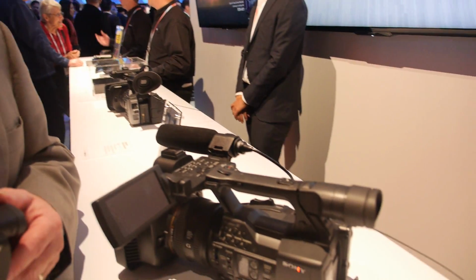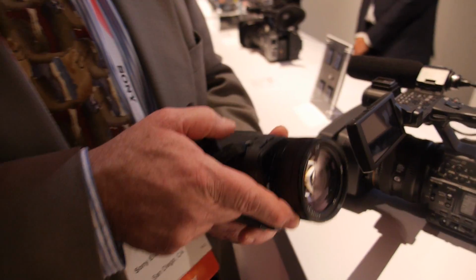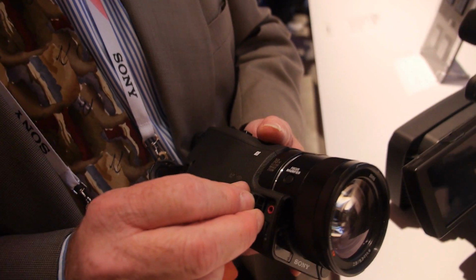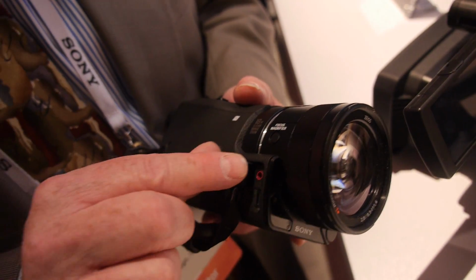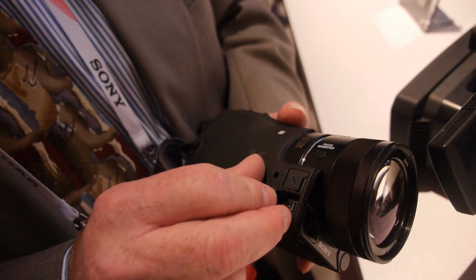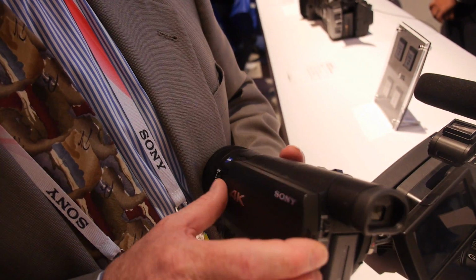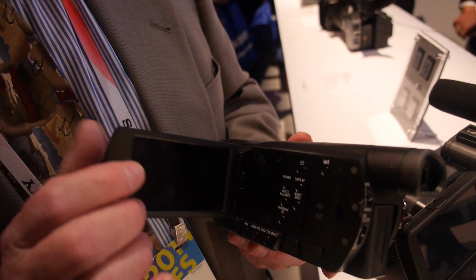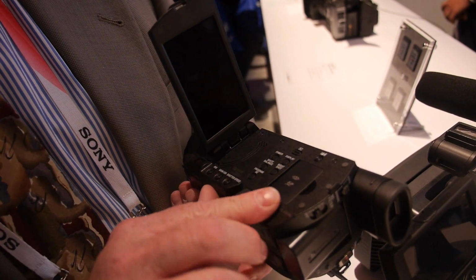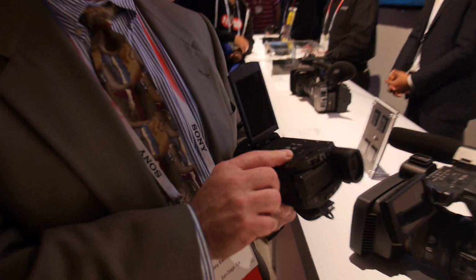All right. Awesome. But there's also a line in on the sides, right? What do you have here? Okay, so we have a standard 3.5 millimeter mic jack here if you want to use an unbalanced mic. And then we also have a multi-USB terminal here. What is that? Is that just USB host? It's USB as well as for remote control. And then we also have a headphone monitoring jack here and HDMI output. All right. Okay. So